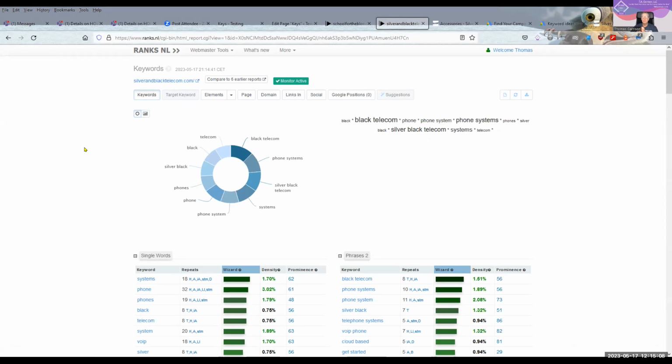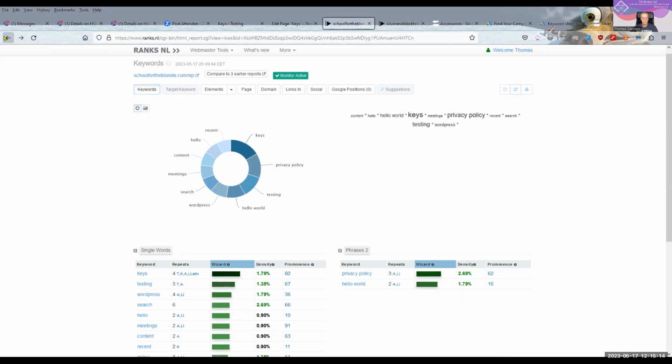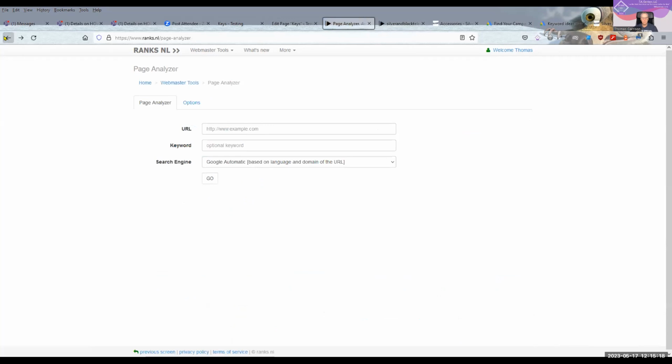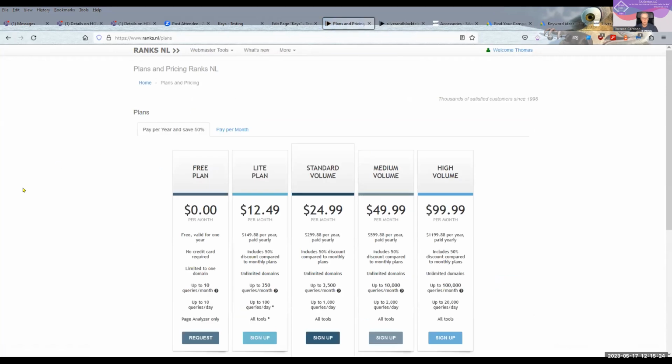I'd have to dig into that further, but I think the free plan is, if I can go back over to the front end, free plan, one domain, up to 10 queries a month, up to 10 queries a day.